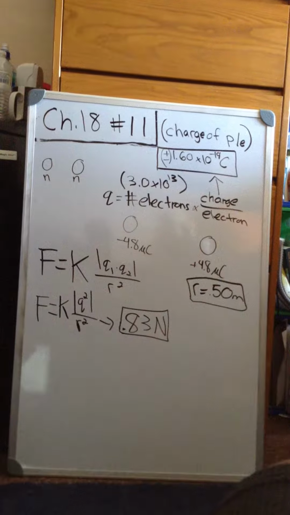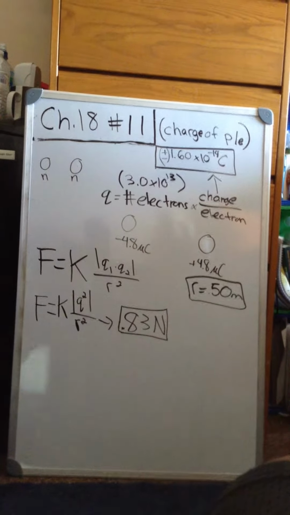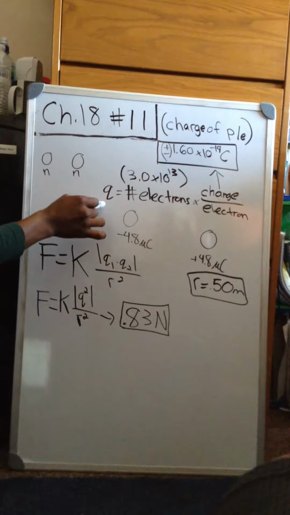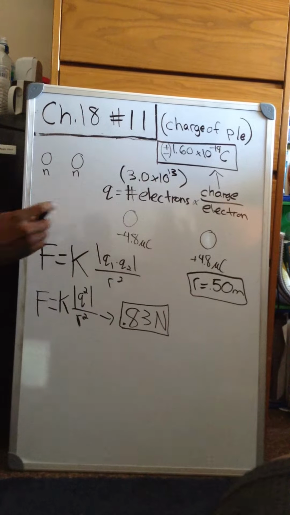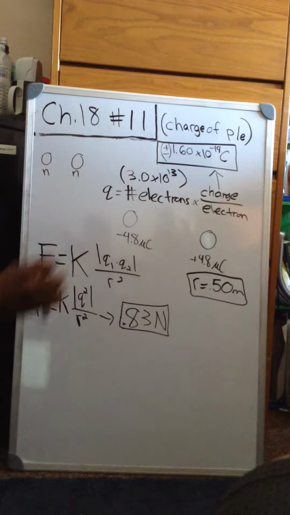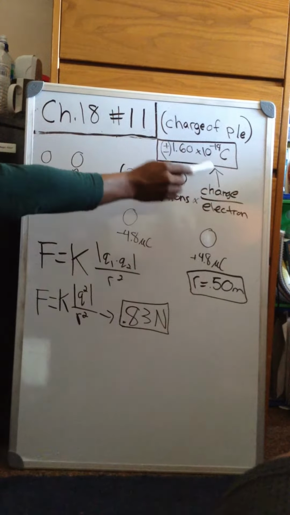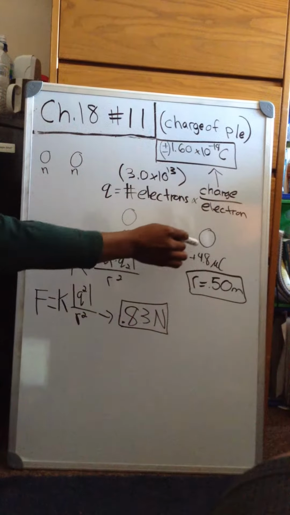3.0 times 10 to the 13 electrons were transferred from one of the neutral charges to the other. So to figure out the charge that would be left on each, we simply take the number of electrons and multiply it by the charge per electron, which is 1.60 times 10 to the negative 19. For the particle that receives the electrons, it has a charge of negative 4.8 microcoulombs, and for the charge that donates the electrons, it has a charge of positive 4.8